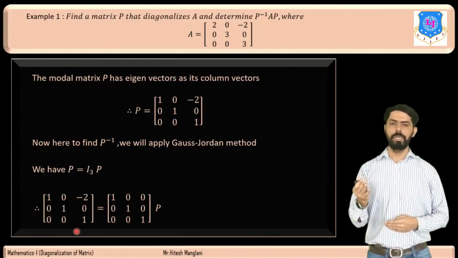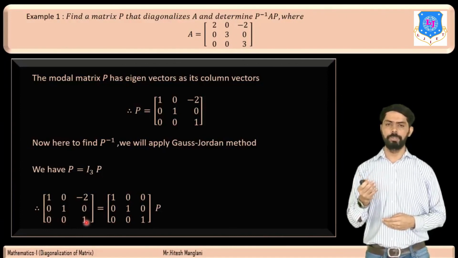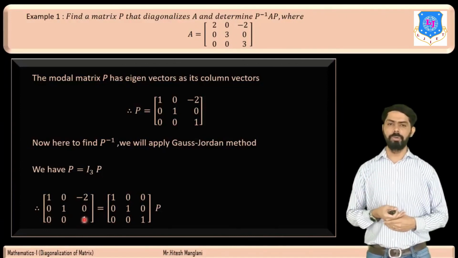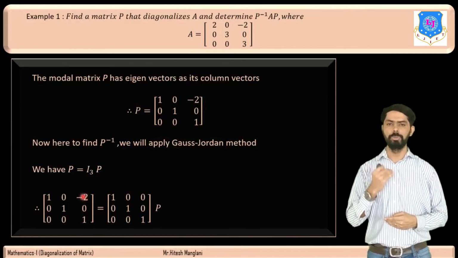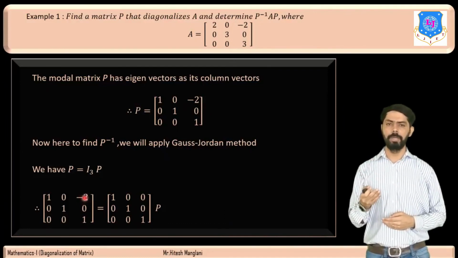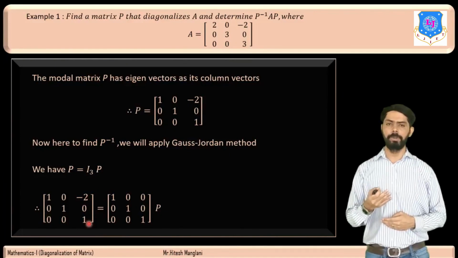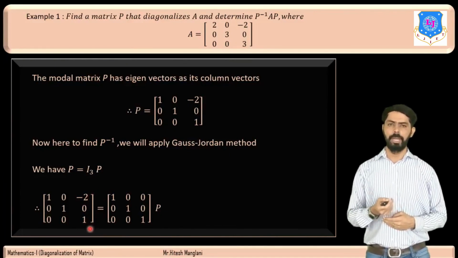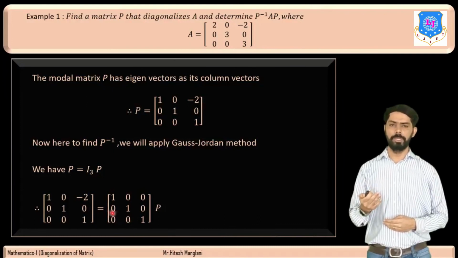So here if you look at the matrix P on the left hand side, if you look at the last row, the first non-zero entry is 1, so this is the leading one of the third row. But here we will have to convert this matrix into the identity matrix. So here we will have to convert this minus 2 into 0. So for that we will multiply the third row by 2, then we will add it to the first row. Therefore we will use the row operation, that is R1 plus 2R3. And the same row operation we will have to apply to the right hand side also.